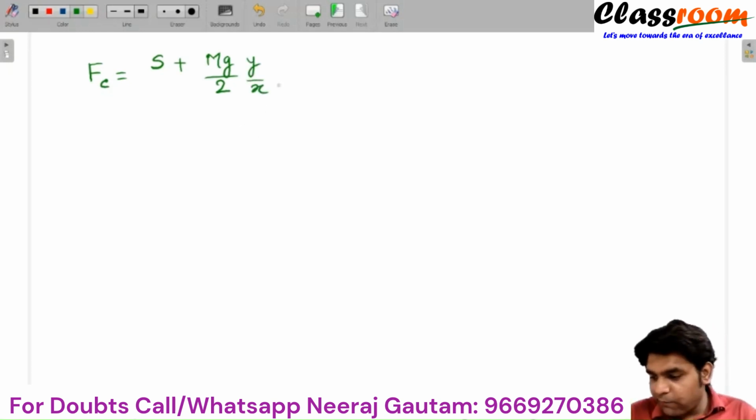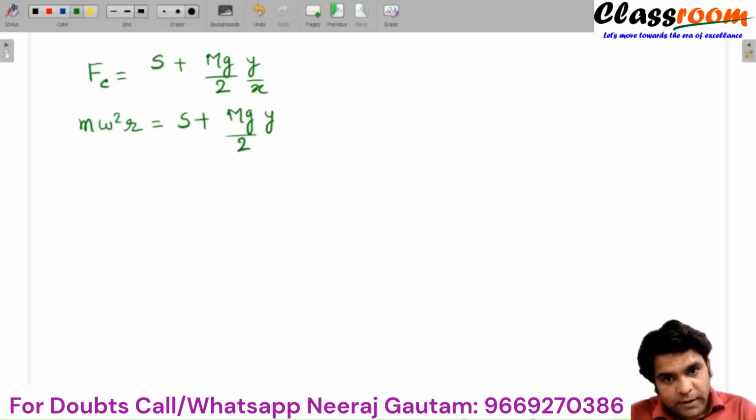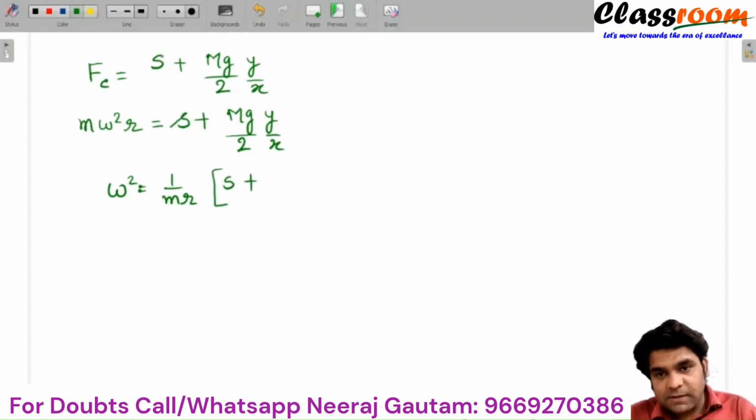On substituting all the values here, and also replacing the value Fc as m omega square r, is equal to S plus mg by 2 into y by x. So omega square is equal to 1 by small m into r